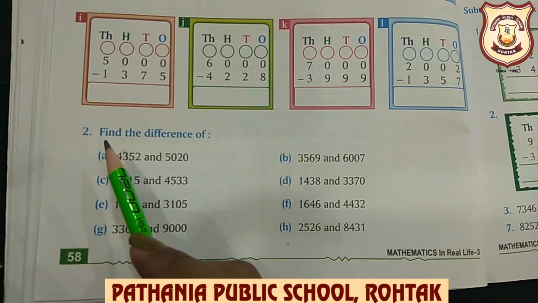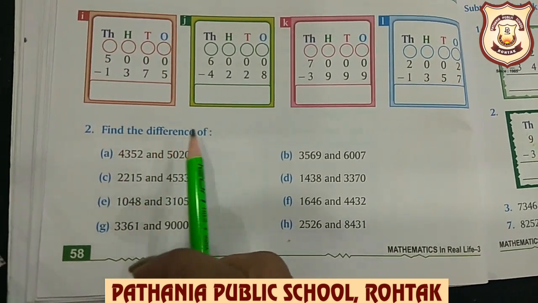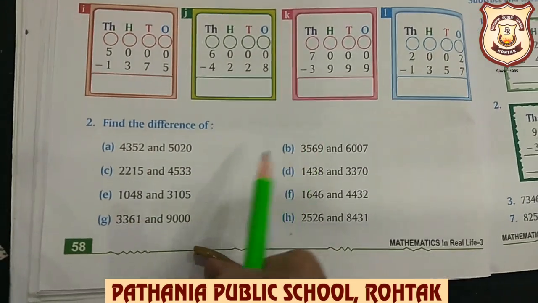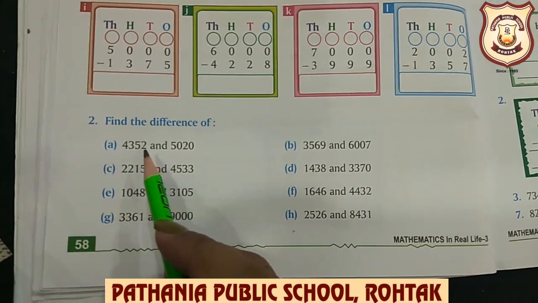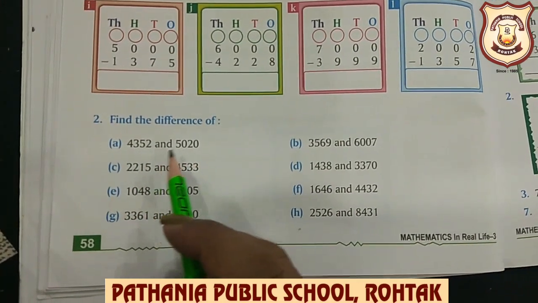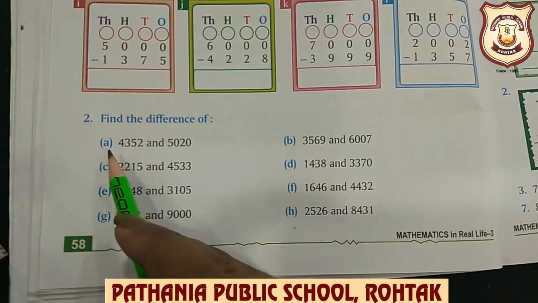Now beta, what is our second question? Second question is find the difference of. We need to find the difference of the given numbers. Two numbers are given in each part, so we need to find the difference between these two numbers. Now A part is